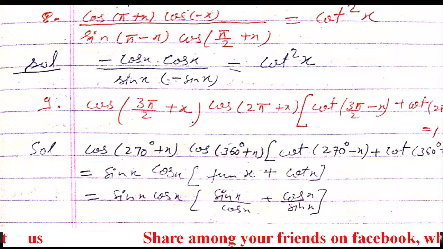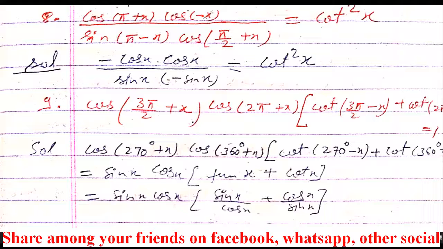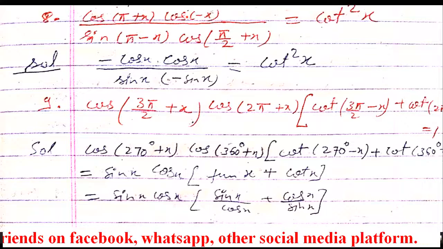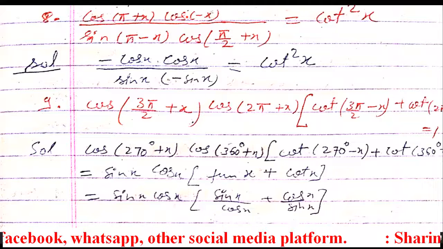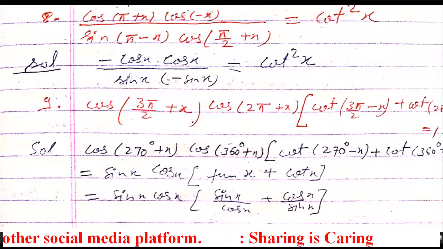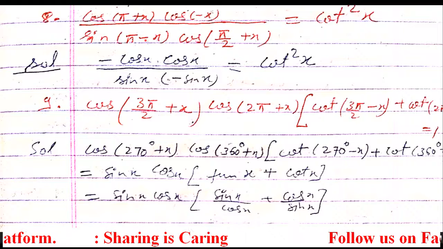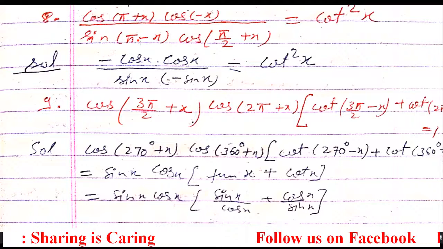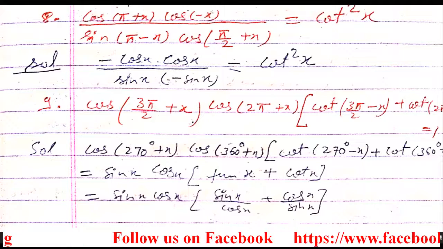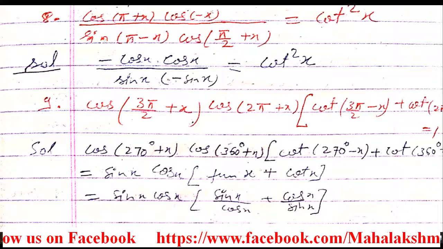Now cos minus theta is cos theta only. So in minus theta formula, only cos and sec are not going to be negative, except cos and sec all are going to be negative. That's why cos(-θ) is cos θ, that's why cos(-x) is cos x. Now sin(π - x) means second quadrant, and in second quadrant sin is positive, and since we are doing pi, and pi trigonometry ratio does not change, that's why positive sin x.